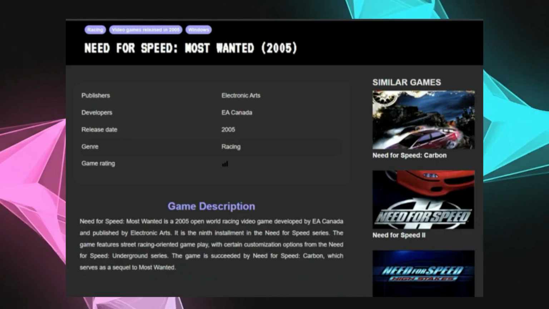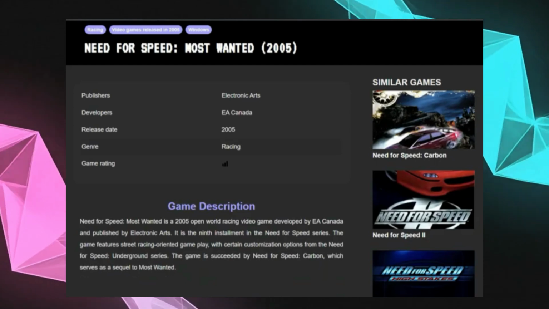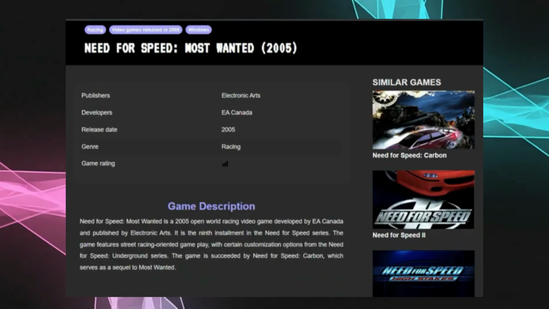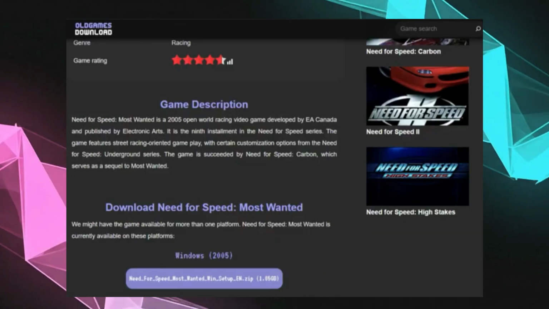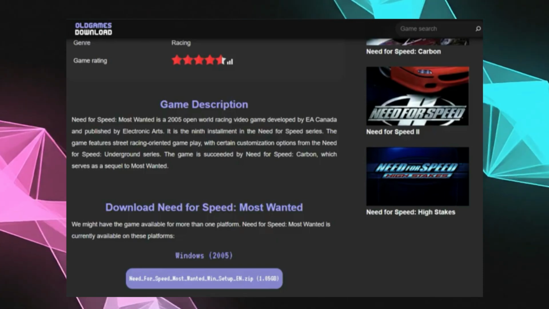If you're using a disc version, insert the disc, open the setup file, follow the on-screen instructions, and enter your valid product key when prompted. For digital copies you legally own, extract the files if they're compressed, open the installation folder, and run the installer